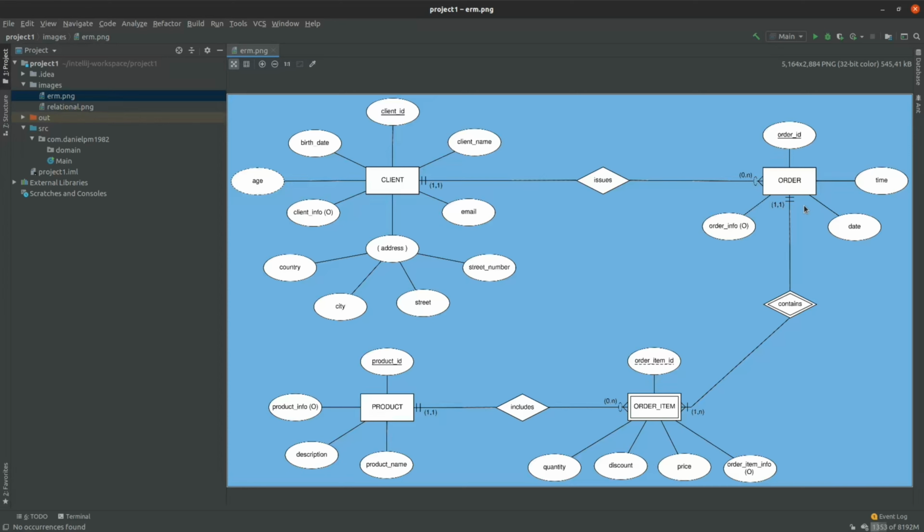Of course, inside an order you'll have many order items, so inside an order you'll also have many products, but for each line of that order, for each order item, you'll only be able to include one product, and each product will be able to be included in many different order items from different orders from different clients. And now let's see the relational final model for this entity relationship model,